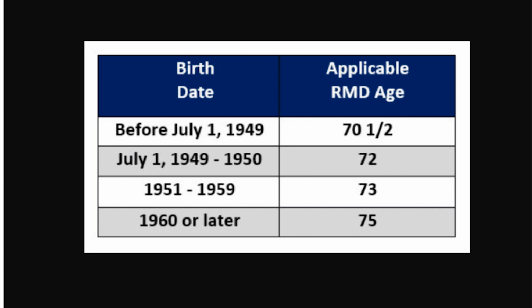And if you don't believe that, just wait till the RMDs, a whole bunch of alphabet soup there. So the Secure Act original version pushed the RMD age from 70 and a half out to 72 for anyone born in 1949 or before. And then the Secure Act 2.0 said that if you're born in 1950, it's now 72. If you are born in 1951 through 59, it is going to be 73. And then if you are born in 1960 or later, it's 75.